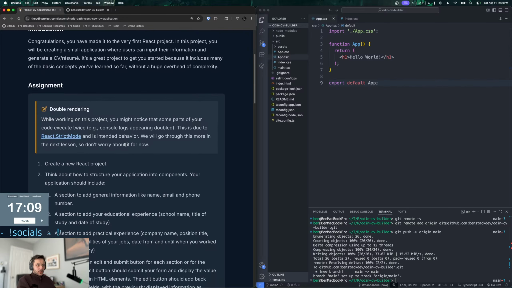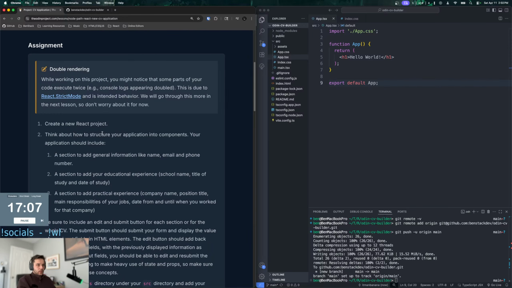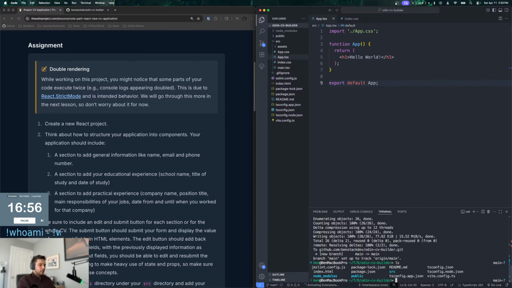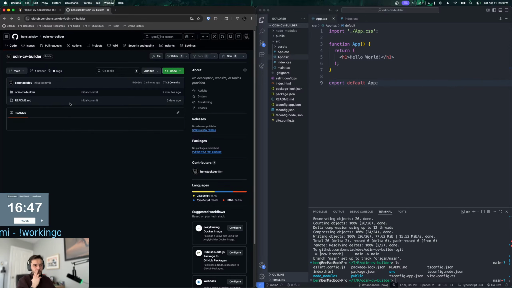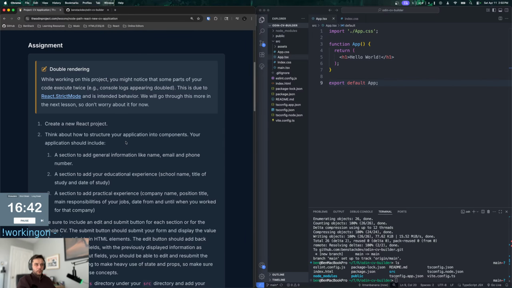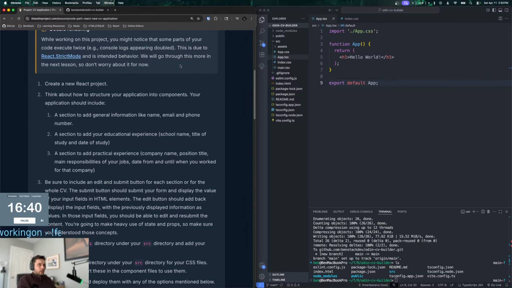Okay, let's go back to this guy now. So we need to think about how to structure application and components. Your application should include, can you just make git that's inside that folder? Well, that's what I did. So if I ls here, I've got all my stuff in here. The readme should be inside the projects. Yeah, I know. It's because the readme was created by default. I'll worry about it later. I'm not going to concern myself with that right now. I just kind of want to get started. I can restructure it later.